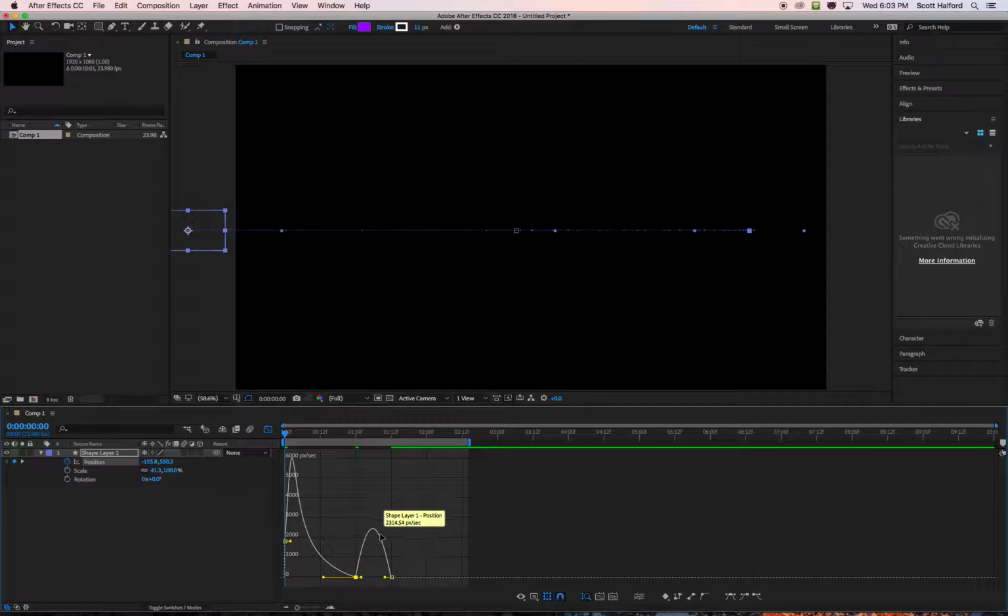So I'm going to drag this one over to like 90%. And then let's see what happens if I just leave these second 2 keyframes at their default setting. See how we like it. Okay, so it does like a little flip thing. Now check out what's happening here. If I go right here,